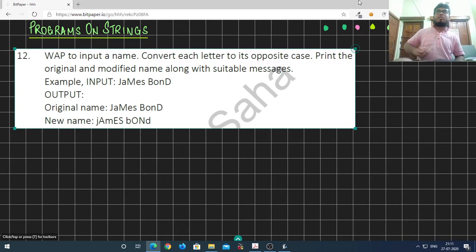In the following program, we have been asked to input a name and then convert each letter of the name to its opposite case. And then we must print the original and the modified name along with suitable messages. So, for example, if the user enters James Bond in the following format, while J is capital, A is in small, M is in capital again, then the first thing that we must display is the original name, which is